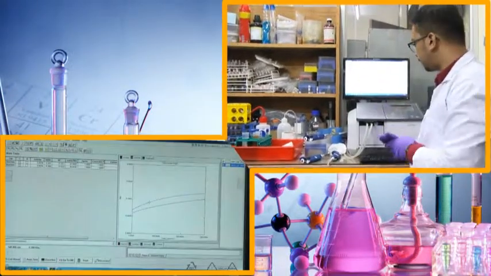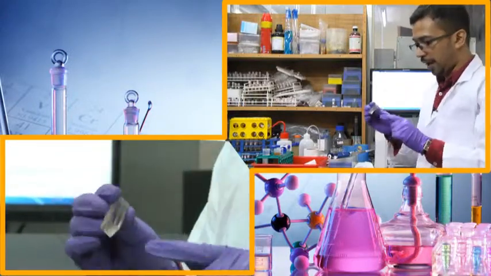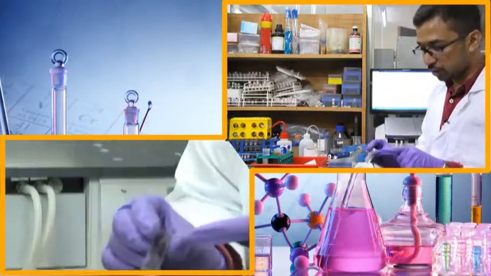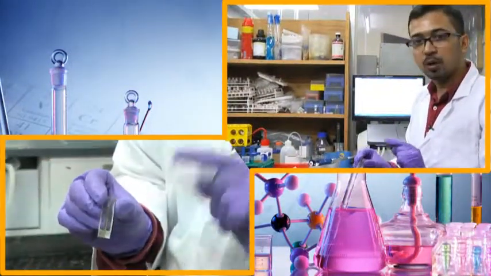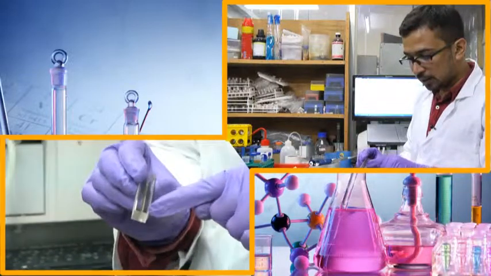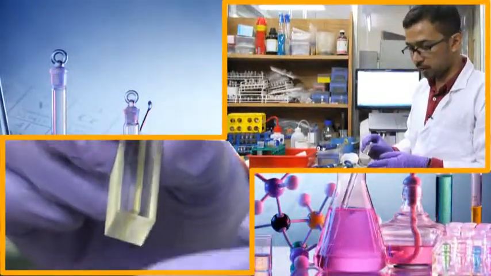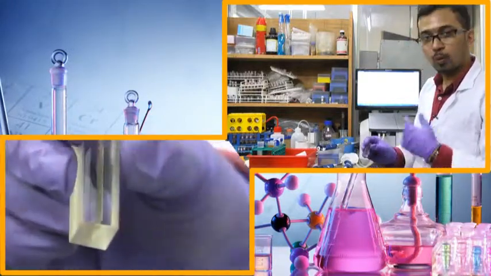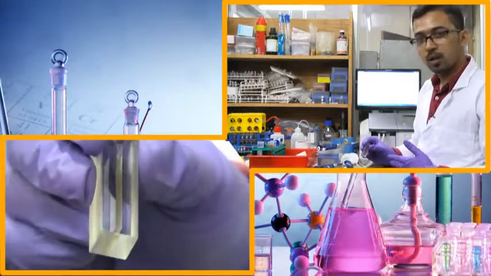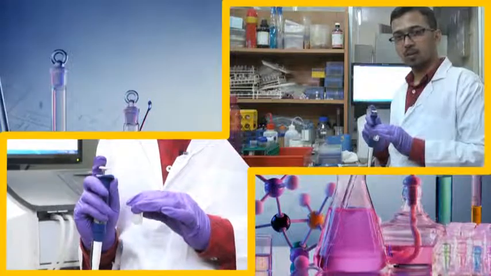Now, once this experiment is done, we have to take out this cuvette, and if you take a closer look at this cuvette, although I am not sure whether this is visible or not, you can see this is a dark brown color, or rather the yellow is very dark here. So, it has been oxidized. Now we have to wash this cuvette properly before proceeding to the next analysis.